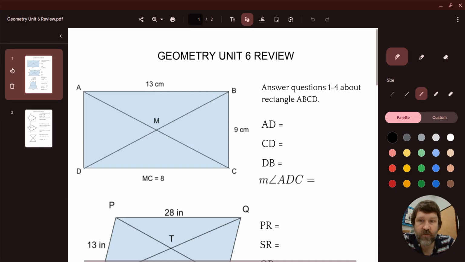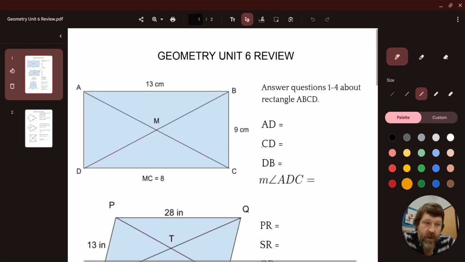So I'm going to be referring to those properties, but I'm not going to be showing them on the screen. So just be aware of that as I go. I'm just going to talk through each one and remind you of what the properties tell us about these different shapes. So starting with this first one, we've got a